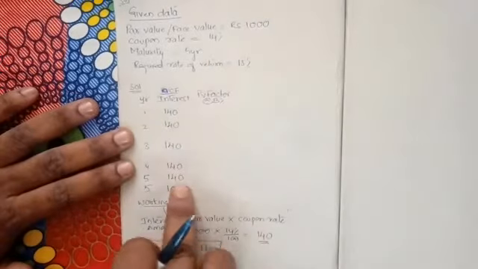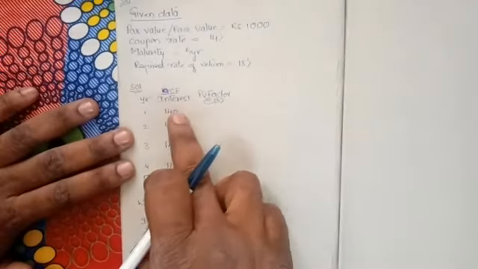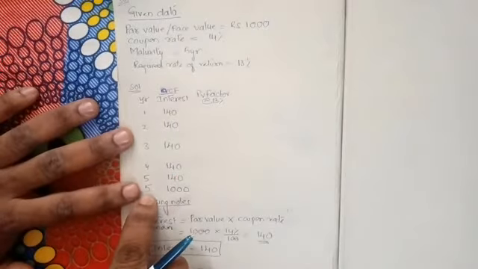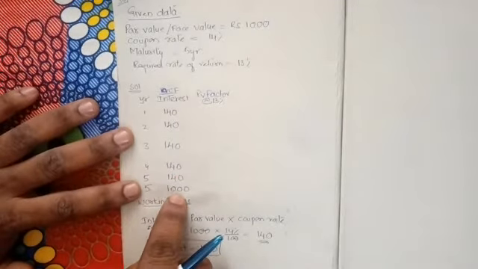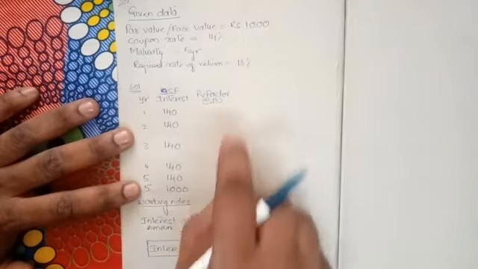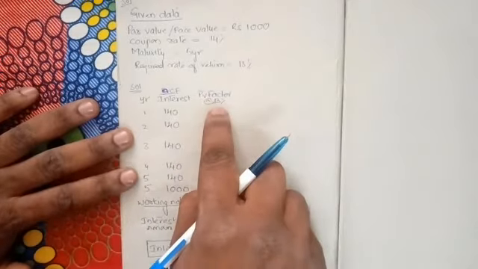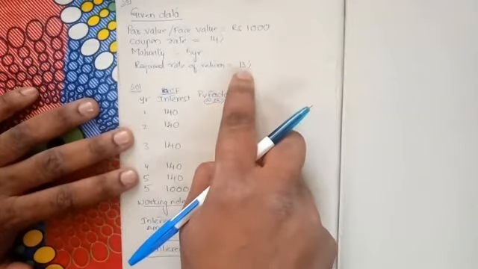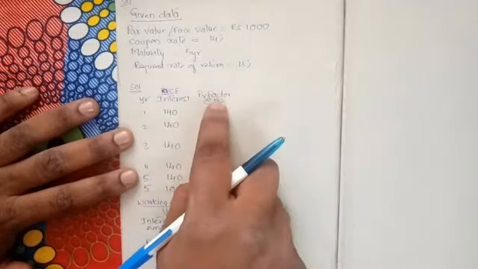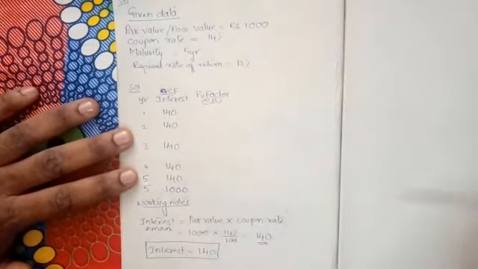This is the interest amount that I have calculated. Every year I'm going to get 140, 140, 140, 140, 140. At the end of the fifth year, I am also getting the 1,000 rupees back. I am surrendering the bond because the maturity period is 5 years, and I get back the principal amount I paid to the company. Now, what is the PV factor? Because my expectation is 13%, I want to earn a minimum of 13% on my investment.